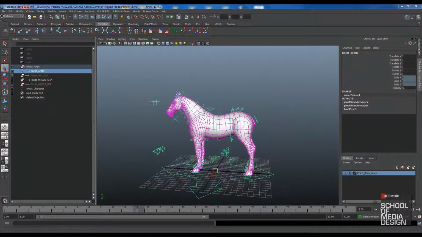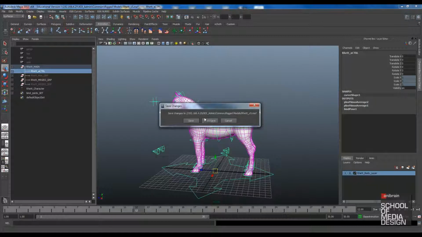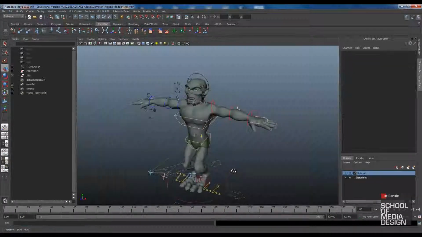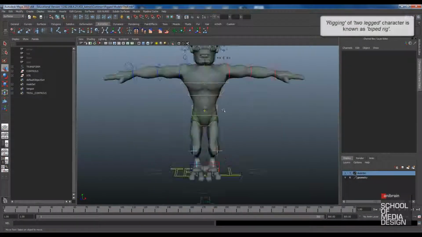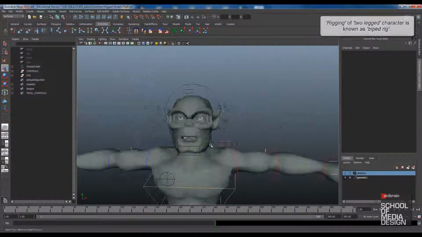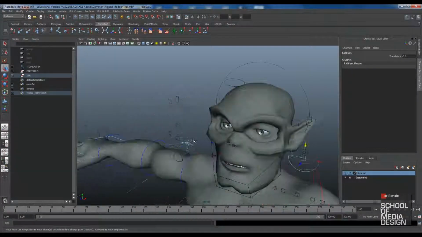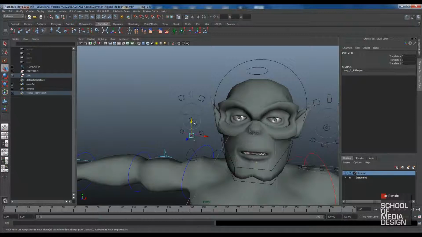Now let's see another rig example. Here you can see a biped rig setup, and these are the controllers which are related to this rig. By using these controllers, you can control the facial expression of this character, and let's move it and see what happens.